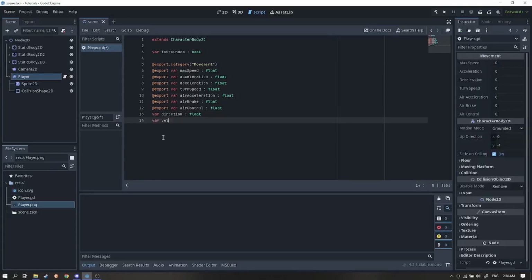vel: Vector2. In this new block of code, the @export keyword tells Godot that we want to be able to change the variable's value in the inspector, and the @export_category keyword creates a new section in the inspector which the variables that follow it will be held within. We also initialize variables for what direction the player wants to move in, left or right, and the player's velocity